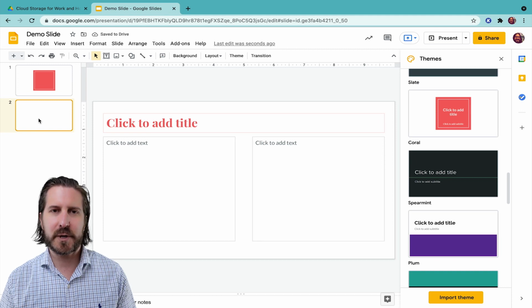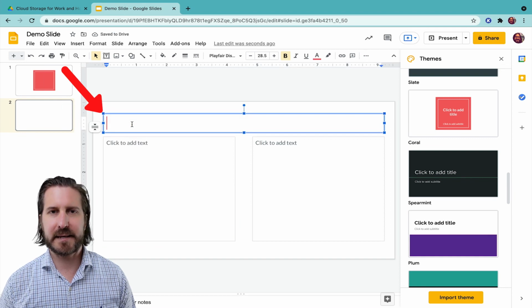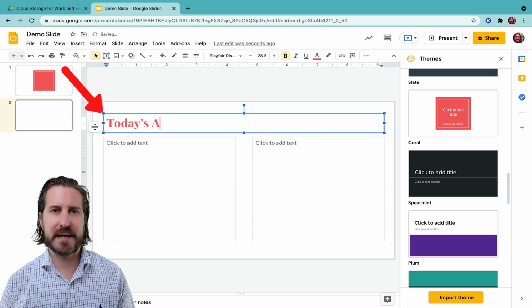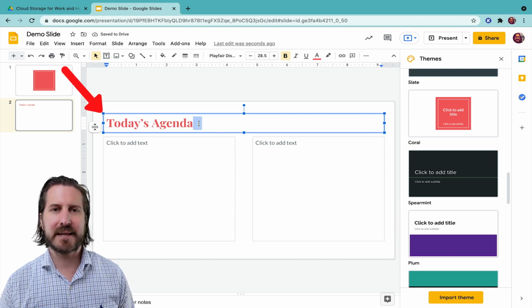The templates are useful when you're creating slides because the alignment is already all set up and you could basically just type in this and be ready to go if you want. So I'll start here with something I would typically do when creating a lesson and type today's agenda in the top text box. I usually like to change the font, so to do that, just highlight the text and then